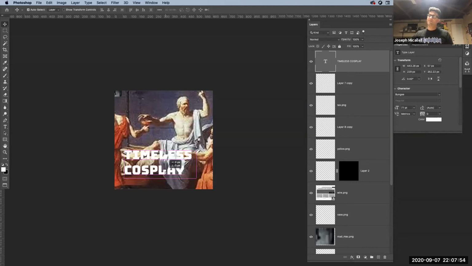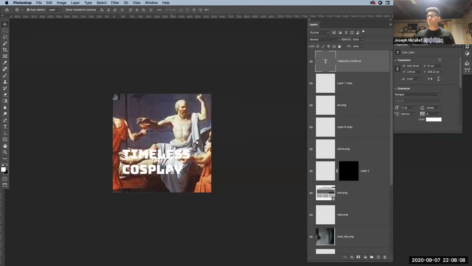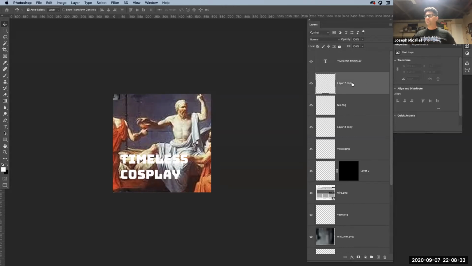Now, you're gonna run into a situation where it's hard to see the type over the background. So one of the things I like to do with these types of banners, this could also be a social media post, let's say, is maybe ghost out the background. And what I mean by ghosting out is I create a layer that has just a shape, and then I lower the opacity of the shape, have the type on top, and have that shape with the lower opacity underneath. So I'm going to go directly below this timeless cosplay layer,